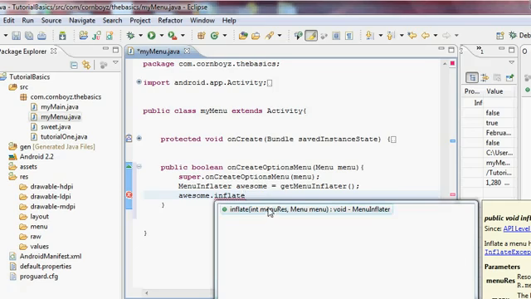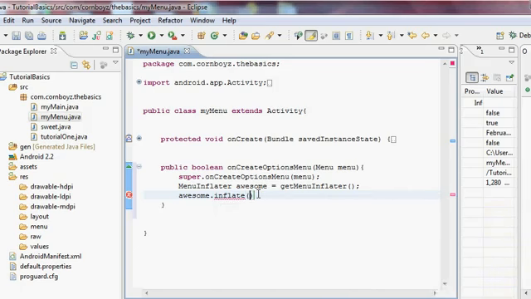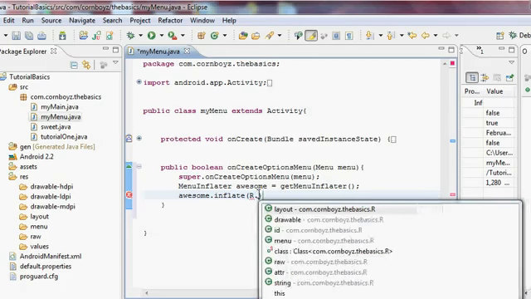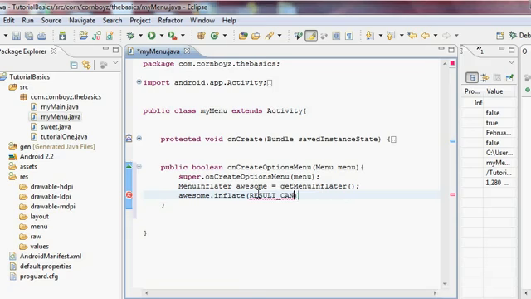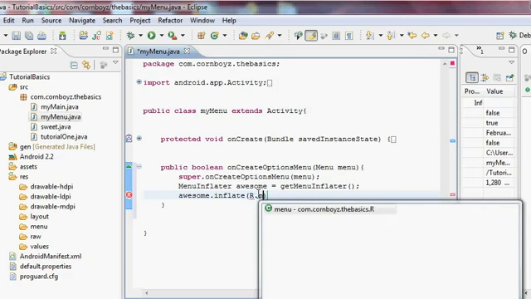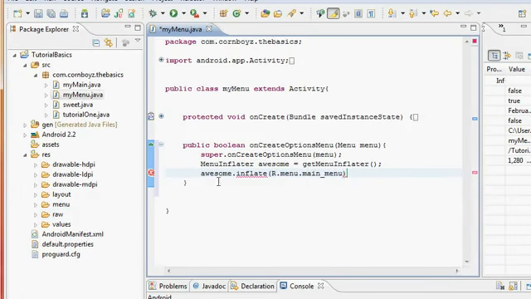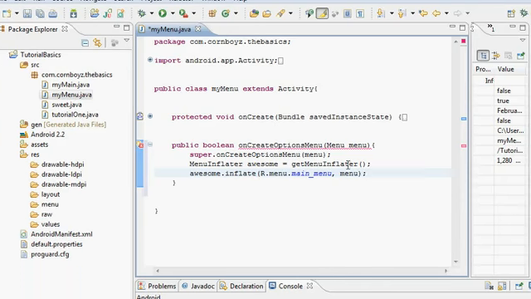And for this, it's going to be what we referenced it. Our reference, basically our r dot menu dot main menu, because it's referencing it through this menu folder. And then we're going to hit comma and menu, so it's that one right there. And now it's basically going to inflate this one when the hardware of the phone is click that menu button. All we have to do now is hit return